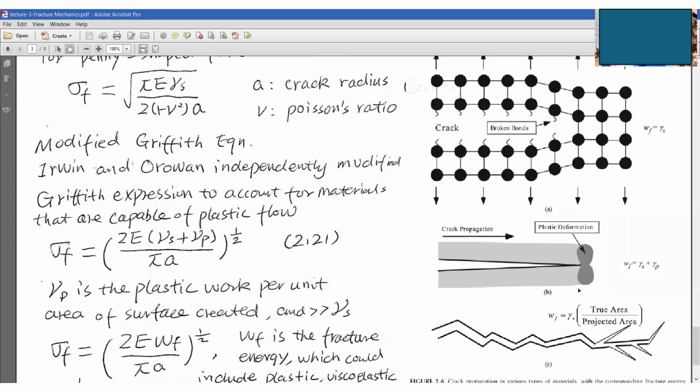For case scenario 2, we have some plastic deformation. This is a crack. And we have some plastic deformation. So W_f equals gamma_S plus gamma_P. And so this one is this, right? And the third case scenario